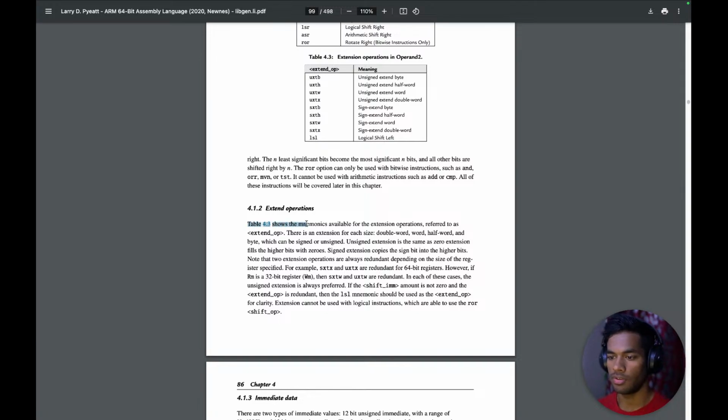Table 4.3 shows the mnemonics available for the extension operations, referred to as extend op. There is an extension for each size: double word, word, half word, and byte, which can be signed or unsigned. Unsigned extension is the same as zero extension; it fills the higher bits with zero. Signed extension copies the sign bit